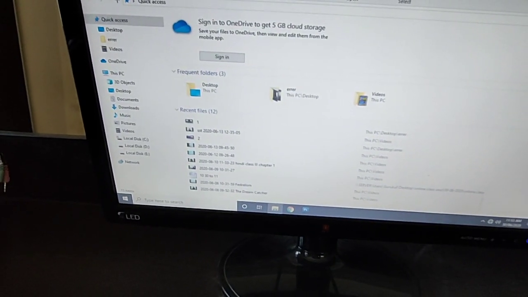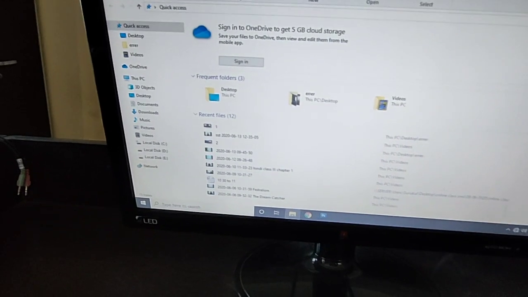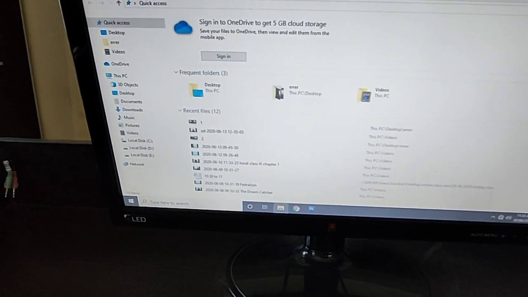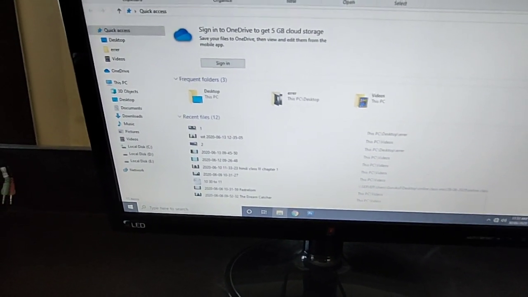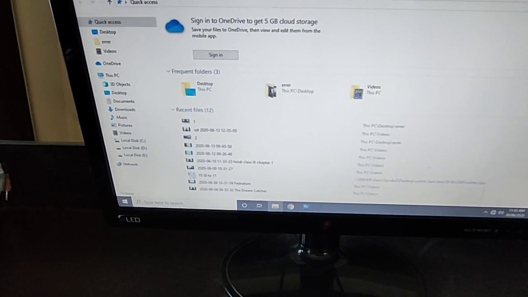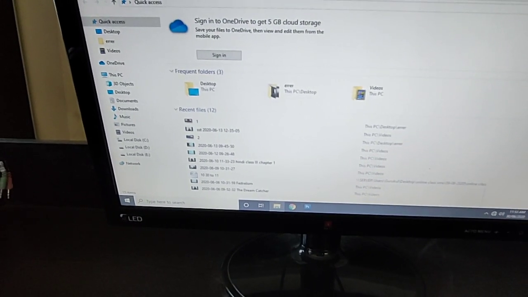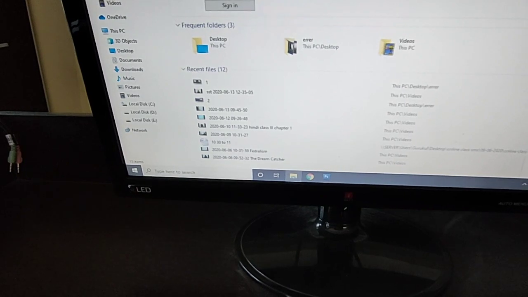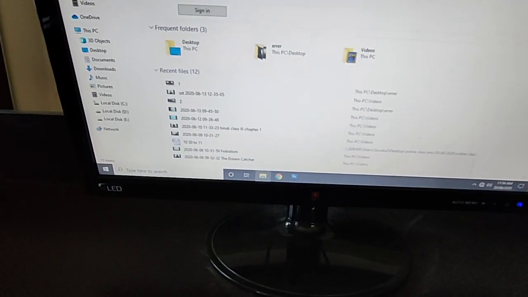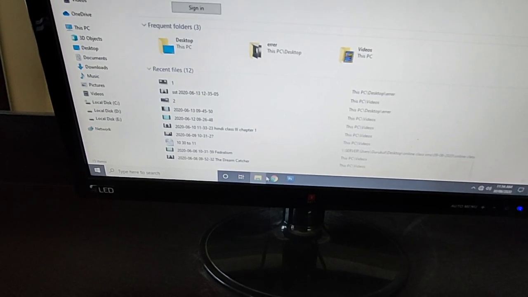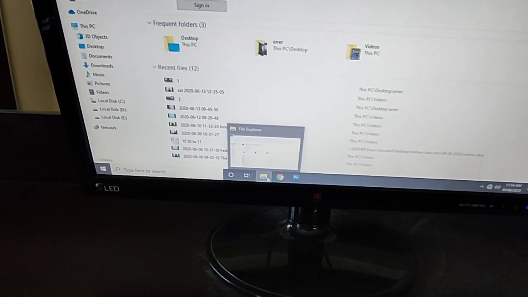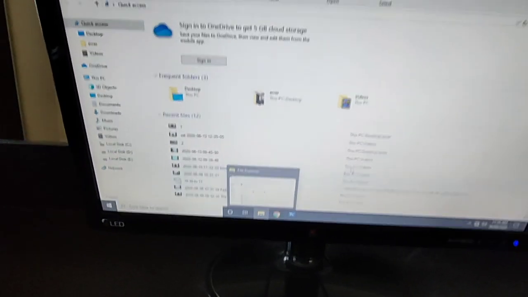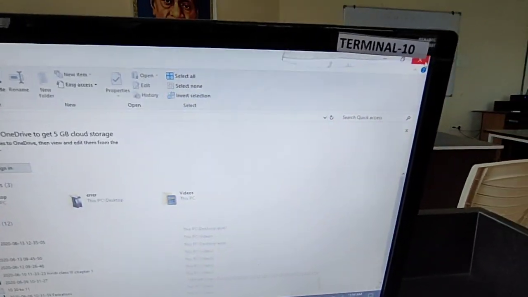So there are 3 methods. First, you go through the step by step process, then you can access the File Explorer, or you simply use the shortcut key. And your shortcut key, that is very important student, please note it down in your copy, that the File Explorer shortcut key is Windows plus E key. And the last and easiest way is to simply go to the taskbar, which is at the bottom of your system, and click the File Explorer icon from your taskbar. Okay, now I am going to close this program.